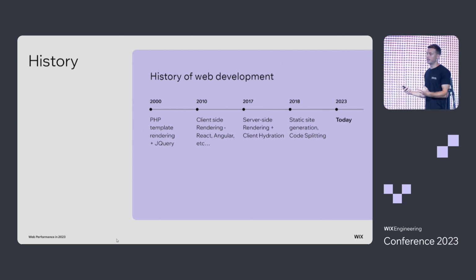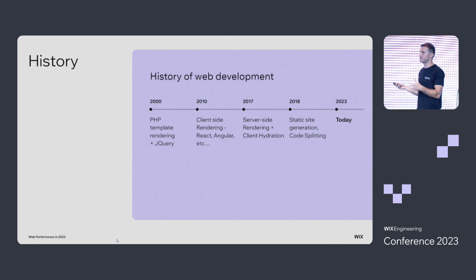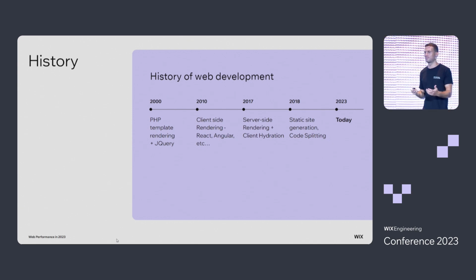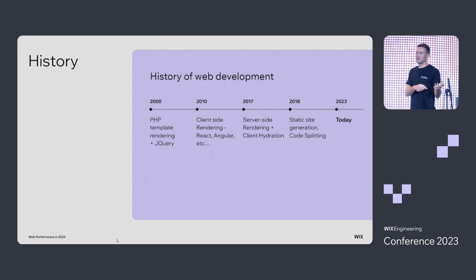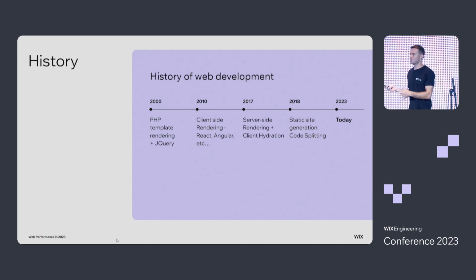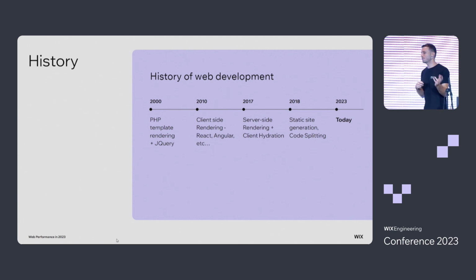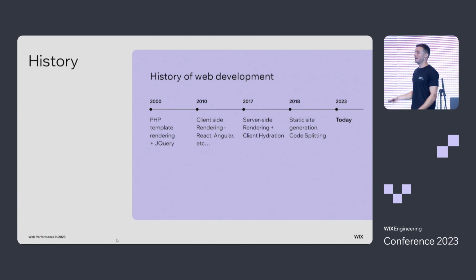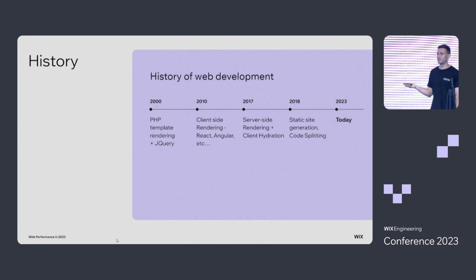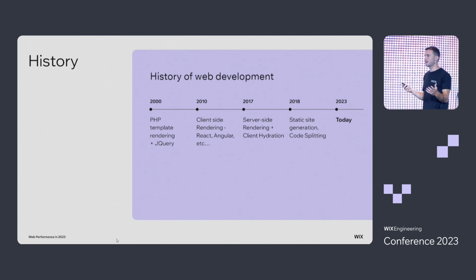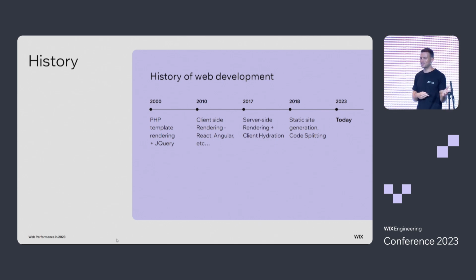It was easier for web developers to develop their applications. It was possible to still implement the logic in the server, but of course it was just easier on the client side, so we moved everything to the client side. Then a few years after, we moved back to the server side because client-side rendering was too slow to display pages,